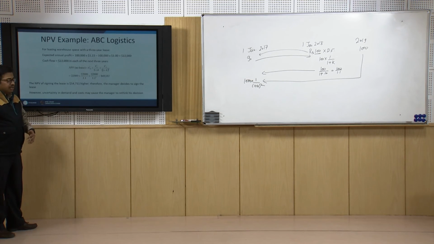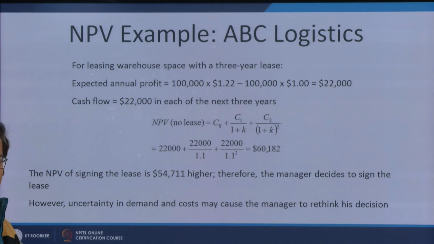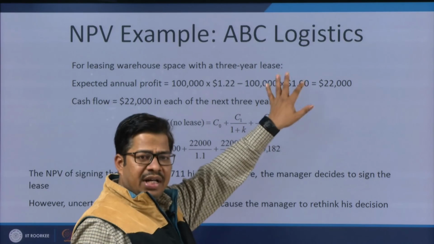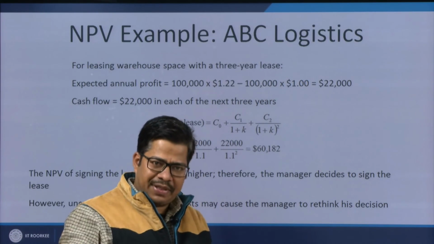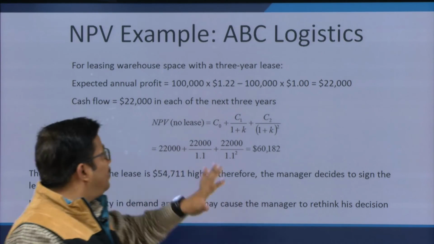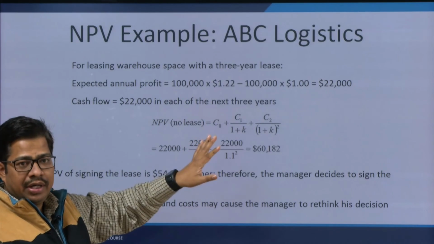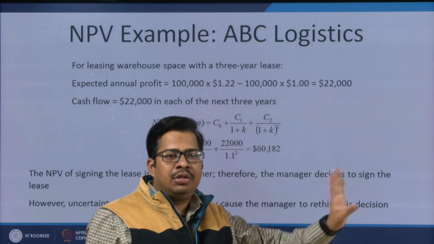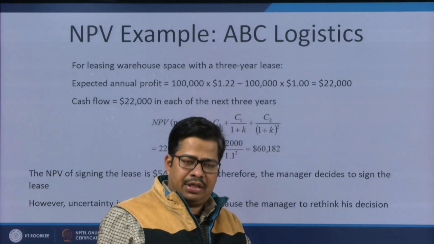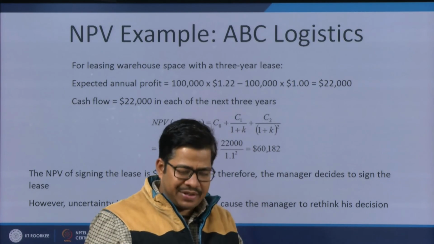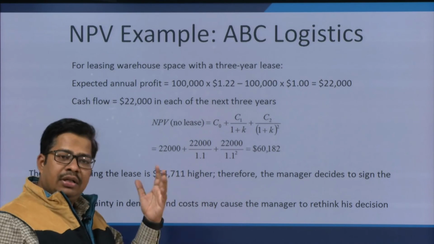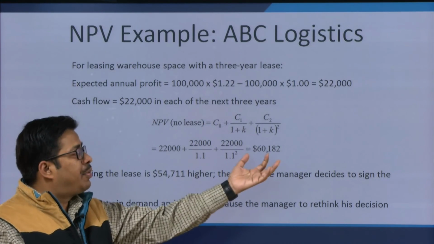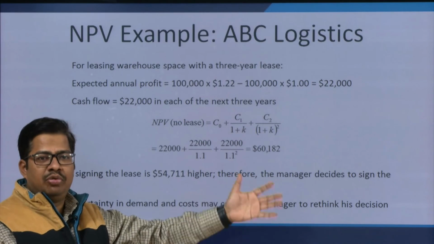In case you have signed this lease for 3 years, you need to pay this much rent because you have taken this much space. Whether you are able to sell this much or not, irrespective of that, you have to pay this amount to the provider of the space, and in that case your net present value may